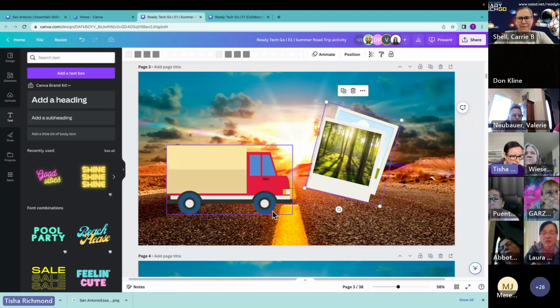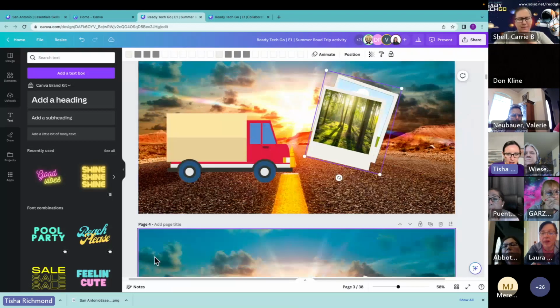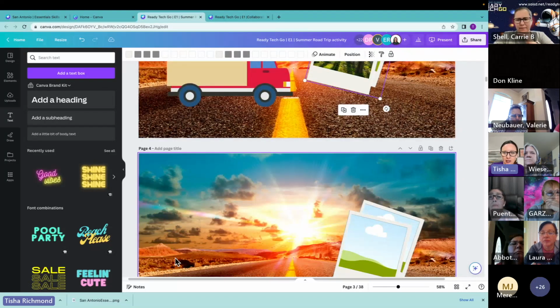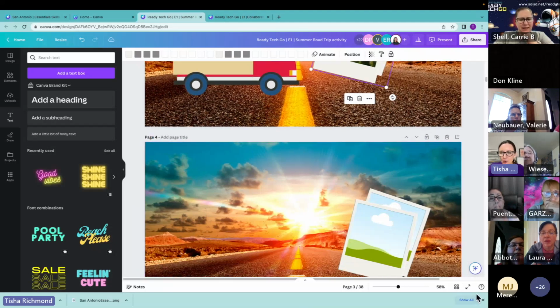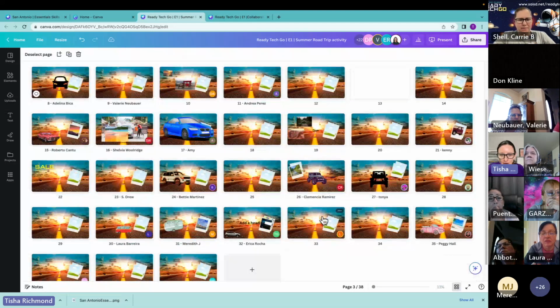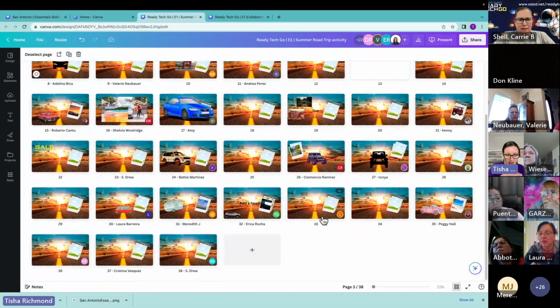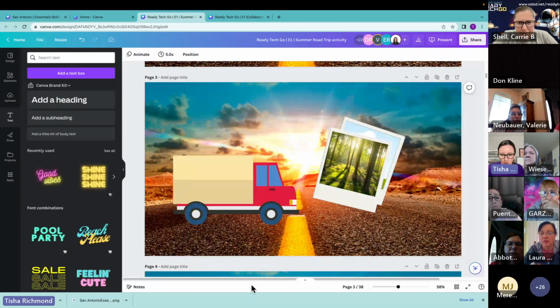So I'm going to give everybody about 5, well, we're going to start with 3 minutes, and we'll see how we do, to work on your page. I'm looking again at my grid view and making sure we all are on separate pages. It looks like most people have added their names. So that's fantastic. So again, I'm going to give you about 3 minutes to begin with to follow those directions